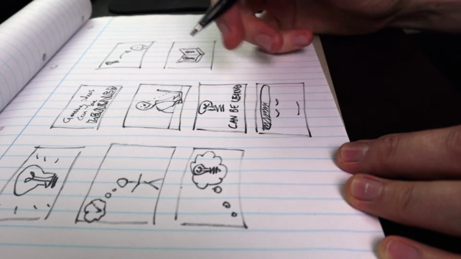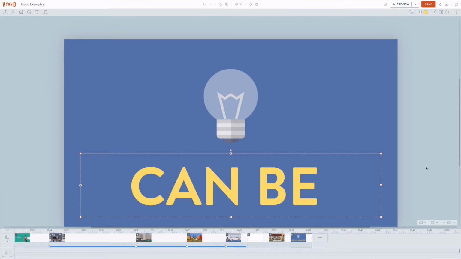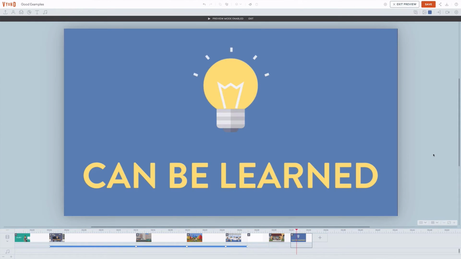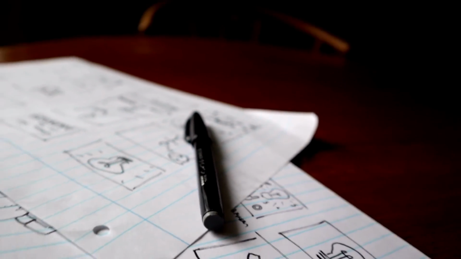This process of drawing a little usually gets the good ideas out on paper, and then I throw the pen down and quickly move the idea into my animation tool. I always keep a block of paper and a pen on my desk for this purpose exactly, and I can